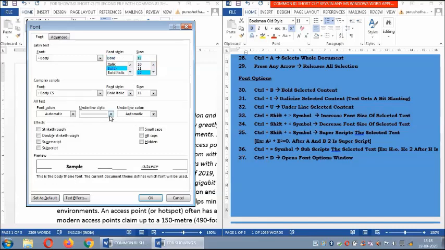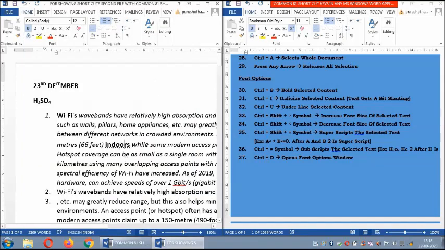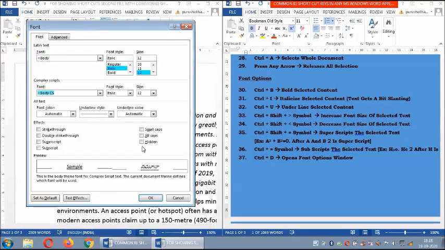So you even have underline styles also. Here I say I want some other dots. Okay, now you see here underline styles have come. If you press Ctrl U again, it underlines. By default it is a straight line. If you want to change it, press Ctrl D and select the underline style.